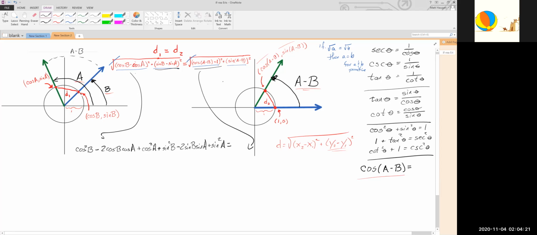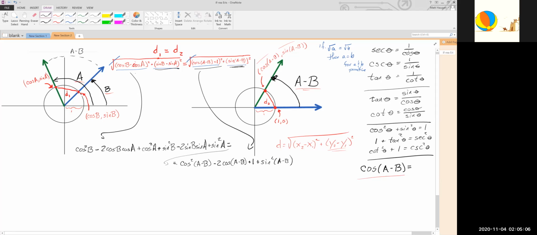So we're going to FOIL out this other side. Again, the square roots have gone away, so we can just FOIL that. What do we get? We get cosine squared (a minus b) minus 2 times the cosine of (a minus b) times 1, but we don't care, plus the 1 squared, it's just 1. So that wasn't so bad. And then this one doesn't even have a constant on it, so that's just plus sine squared (a minus b). Okay, so that wasn't too bad. So yeah, these two things are